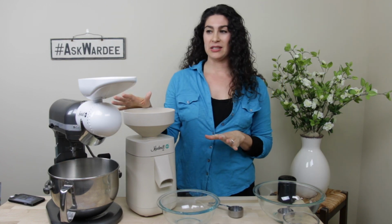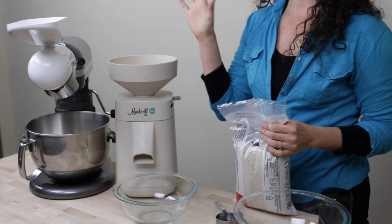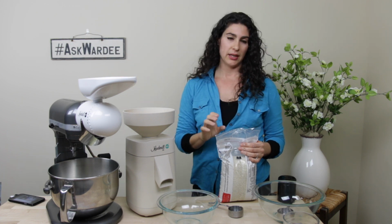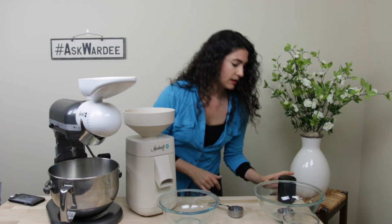What you would want to do at this point, especially if you're using something odorous like the pea flour and you're going to change to something mild, get some cheap white rice and just run a batch of it through your mill. And that will allow you to transition to the next one without having pea flour in what you're doing next. You'll definitely need it for example number 4, because example number 4 is what I have in